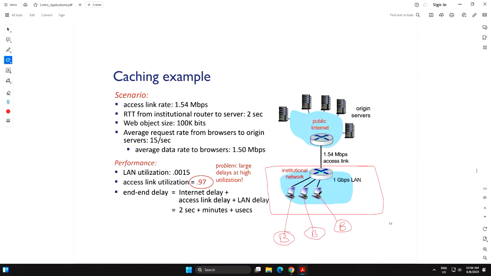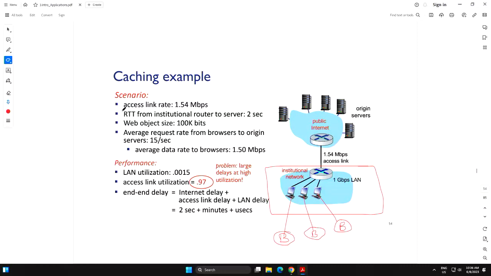And all these objects need to come to your organization so they can be displayed on these browsers, right? Okay, so a lot of traffic will come to this organization, and these are the origin servers in the internet, maybe some in the US, some in another state, right? So what are the numbers?